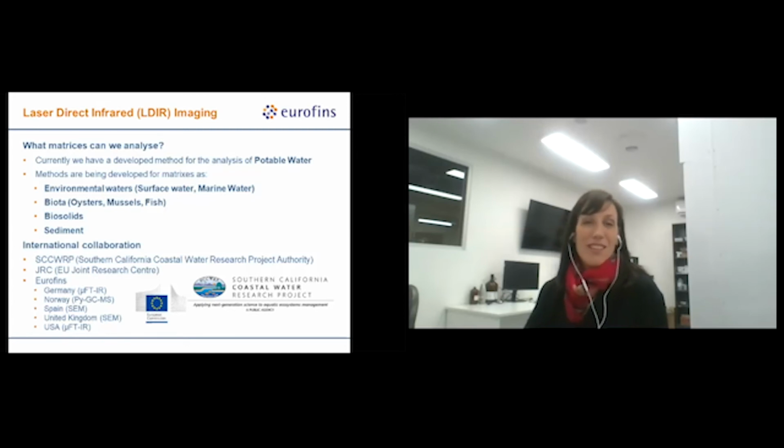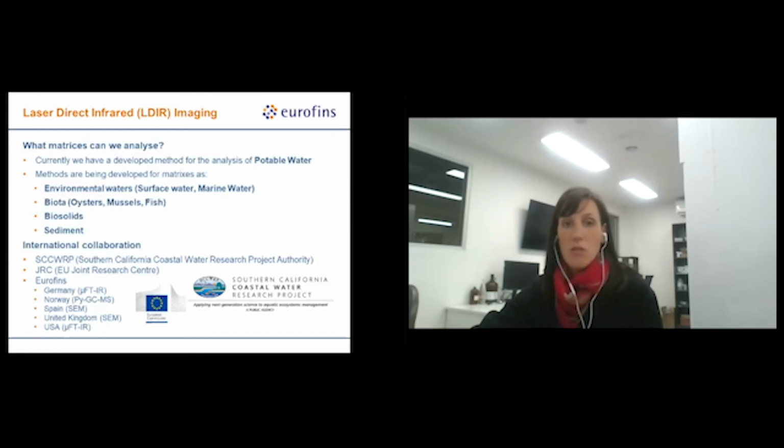And we've got some international cooperations. We've participated in the SQUIRP and JRC lab intercomparison studies, and as part of Eurofins, we're part of a sort of global network doing microplastics analysis, where we're the only one using the LDIR, but we've got access to other methods such as the pyrolysis and also the micro